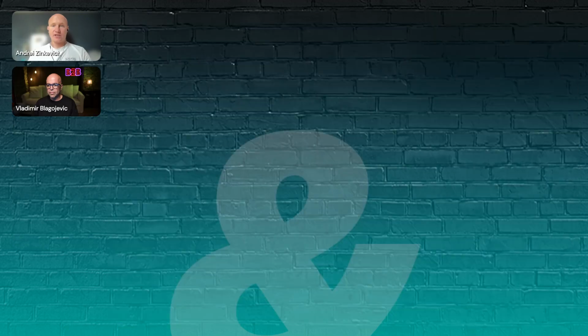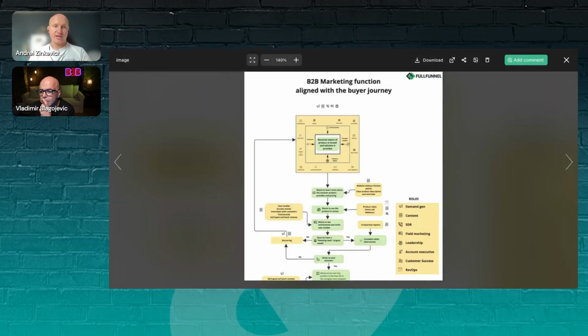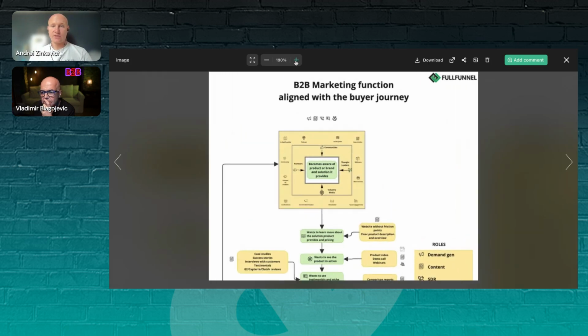So we prepared a diagram, and I feel it would be helpful if we just start by quickly reviewing that diagram and explaining the way we look at developing marketing functions step by step. I will share my screen, and I will try to zoom in so we can work on the same document together. So here is that post, and if you would like to get the high quality image, just reach out to me on LinkedIn. I will send you that image in PDF.